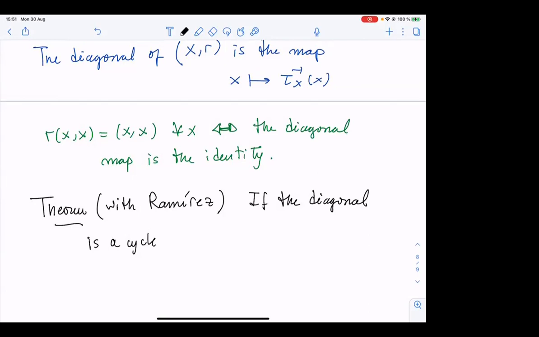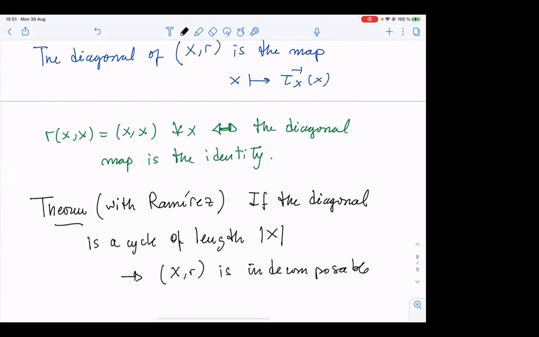And the only thing you care about this permutation is the decomposition into disjoint cycles. I mean, this is the only thing that matters. Okay, so if this diagonal is a cycle of length, say, the size of X,